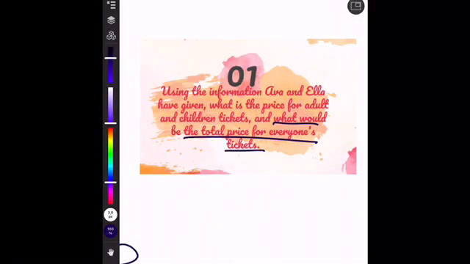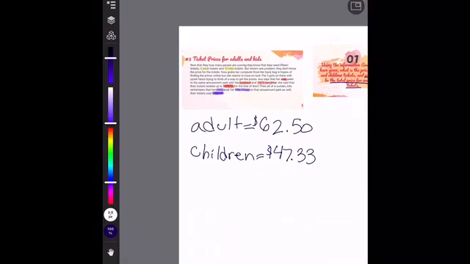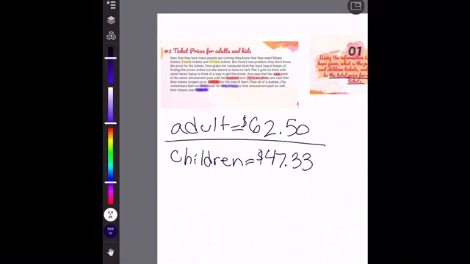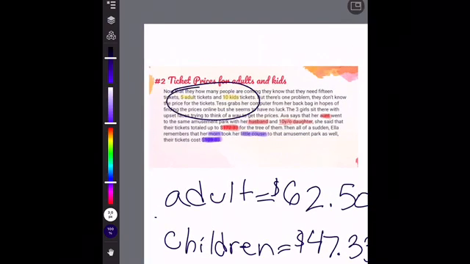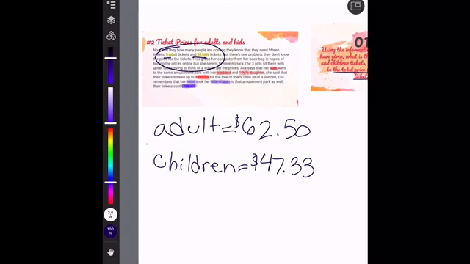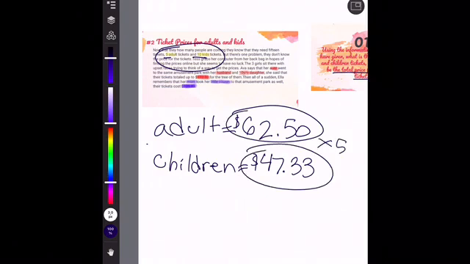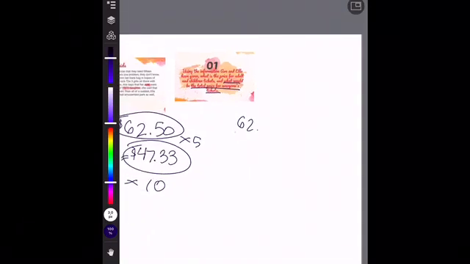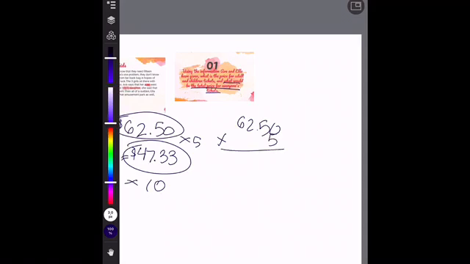Now we need to figure out the total for everyone's tickets. So we learned that the adult tickets are this much and the children tickets are this much. Now, looking at the highlighted parts over here, we know that there are 5 adults and 10 children. So what we need to do, we need to multiply this number by 5 and multiply this number by 10, okay? So 62.50 times 5 equals